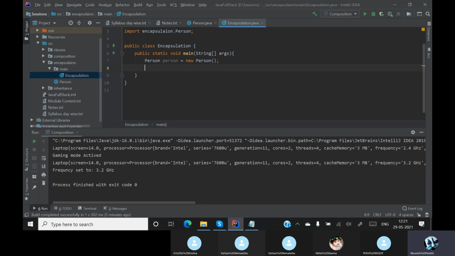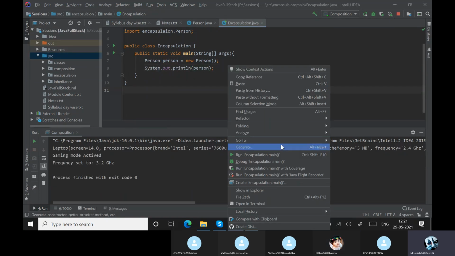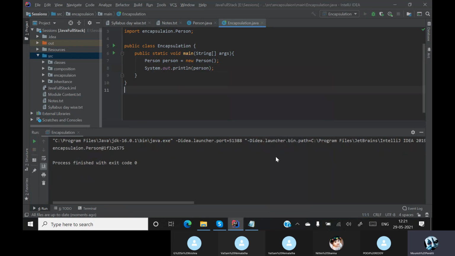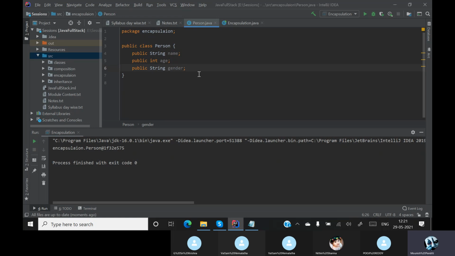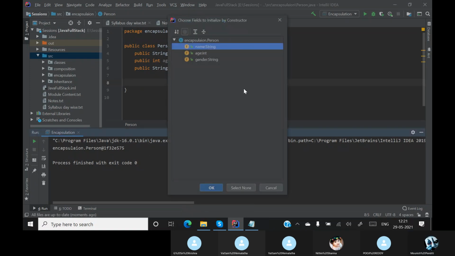Okay, till now everything is good. Now I'll just print out my person. So when I run this, sorry, composition is running. Let me run my encapsulation. So it is giving me an object address, because this person does not have a toString method or any default values. Okay, so first of all let me create a constructor